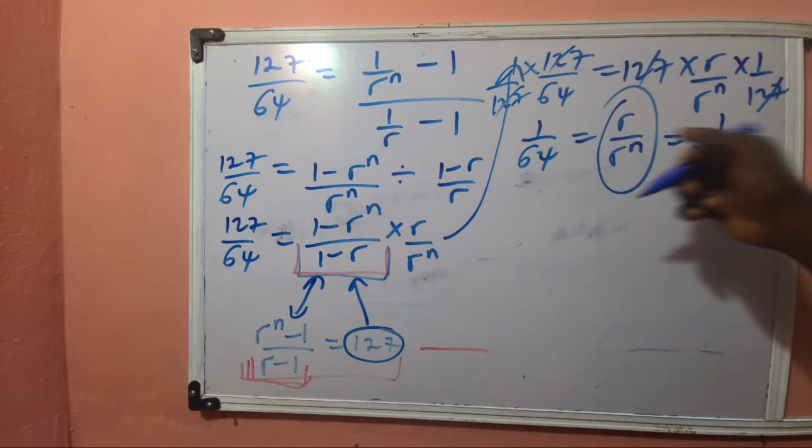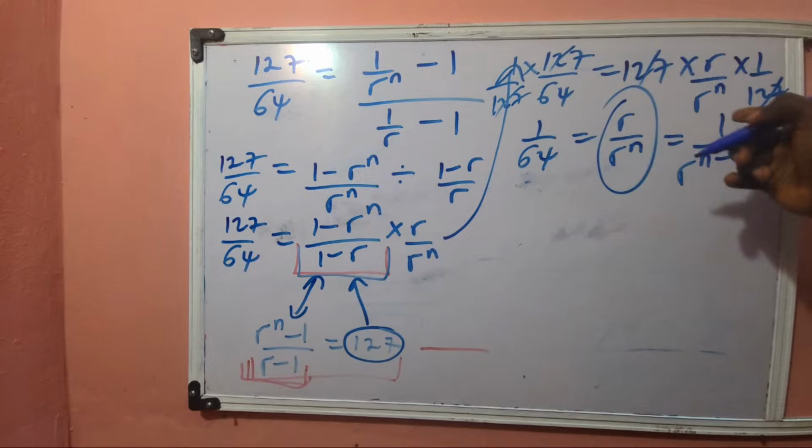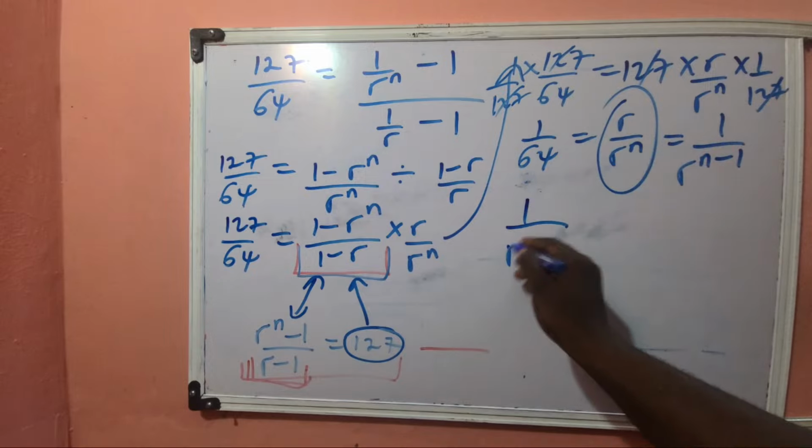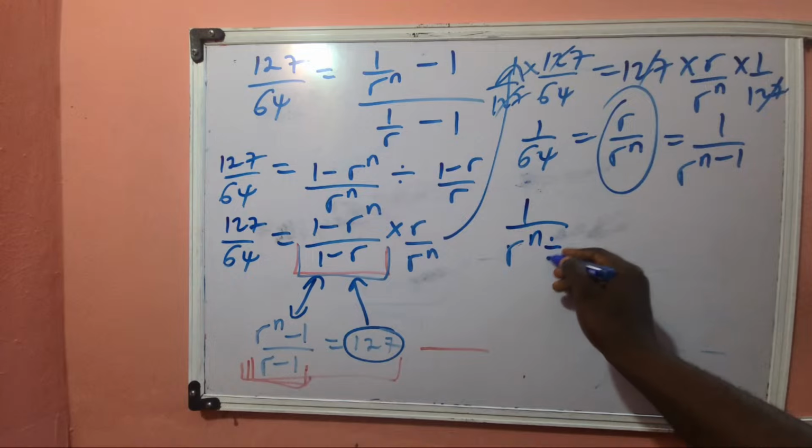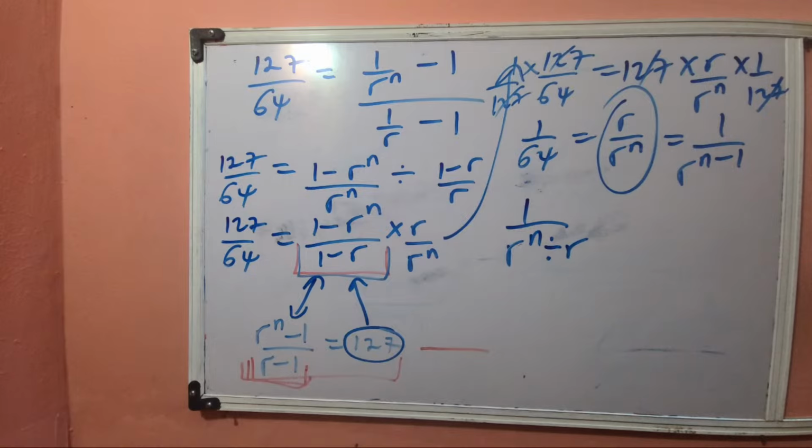Now, this is the same thing as 1 over r raised to power n divided by r, which obviously will bring you back to